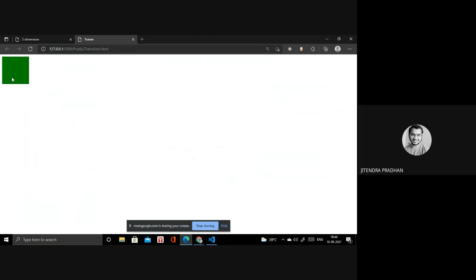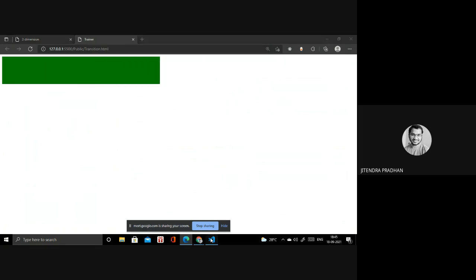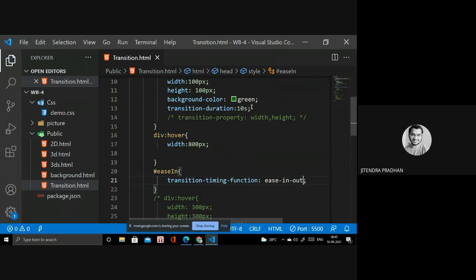Let's see. Okay, it's moving with ease-in-out. If you apply the timing as 2 seconds.